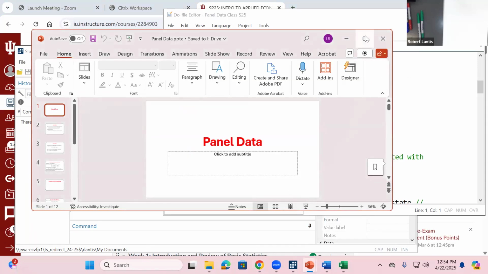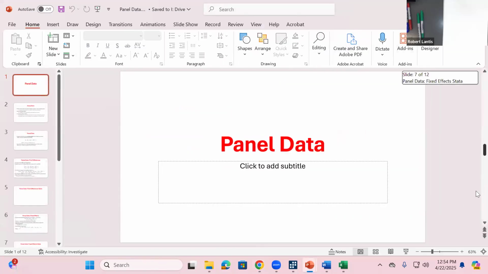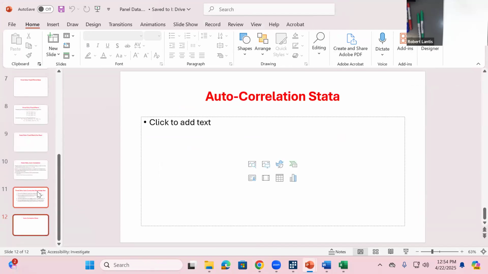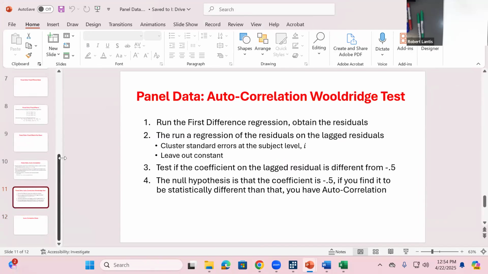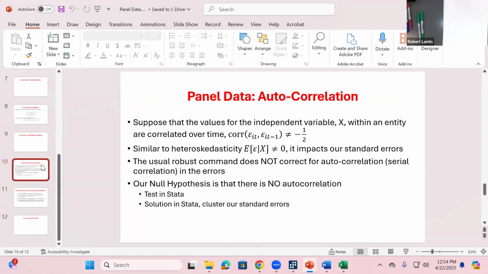Okay. All right, so I think we left off thinking about this idea of autocorrelation and how we test for it. I've got a few more examples that we'll work through with panel data, but just to revisit this idea, because it was towards the end, it's very similar to the problem that we talked about when we have